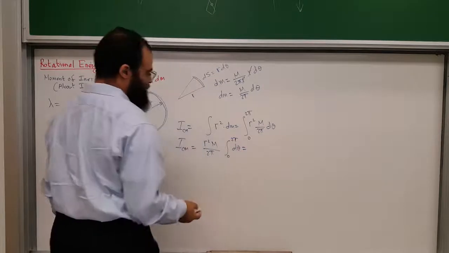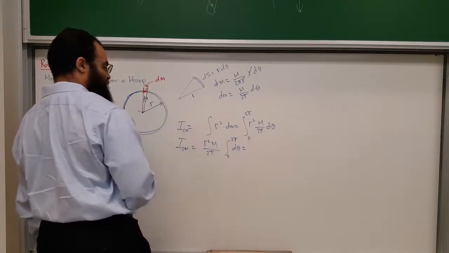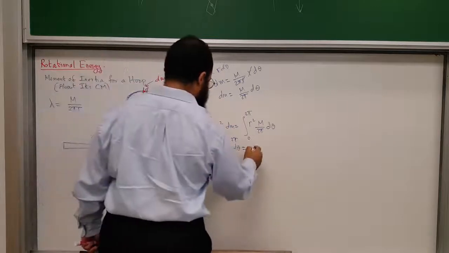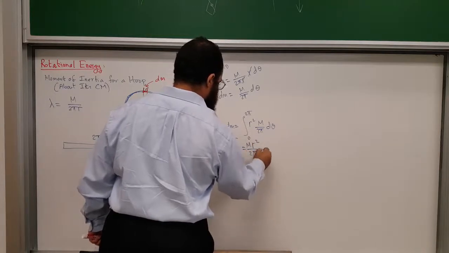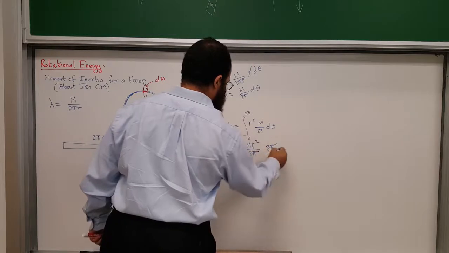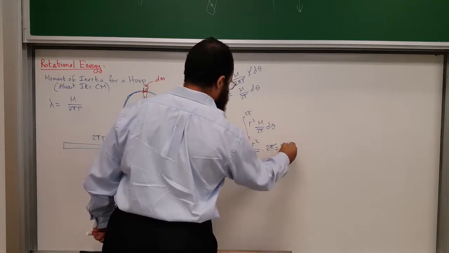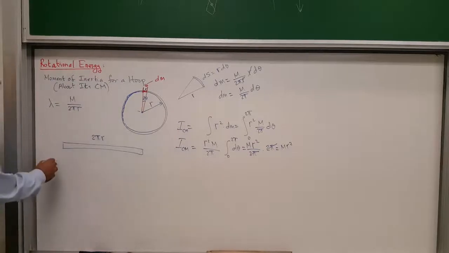The integral of d theta is theta, evaluated at 2 pi is 2 pi, evaluated at 0 you get 0. So it's just this thing times 2 pi. So it will be m r squared over 2 pi times 2 pi, which gives you just m r squared. So for a hoop,